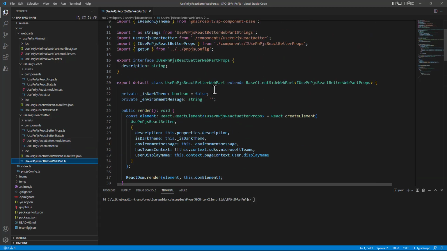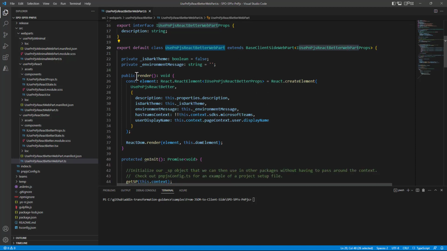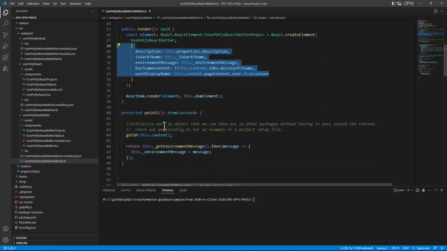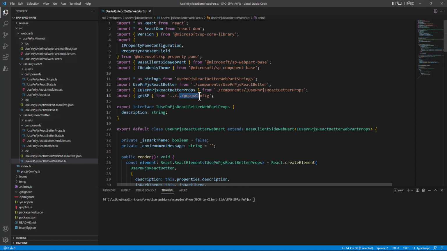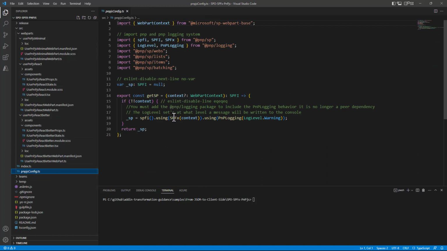we still have a web part built with SharePoint Framework. In this web part, we render a React component, but as you can see, we do not provide any custom and complex object of PnPjs. But actually, in the onInit method of this React-based web part, we have this getSP method providing the context of SharePoint Framework. This getSP method, which is imported from a PnPjs config file, is actually a function that will simply